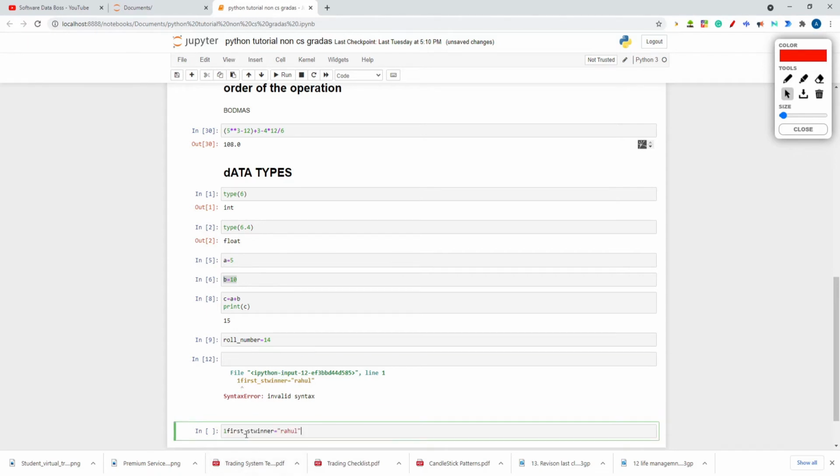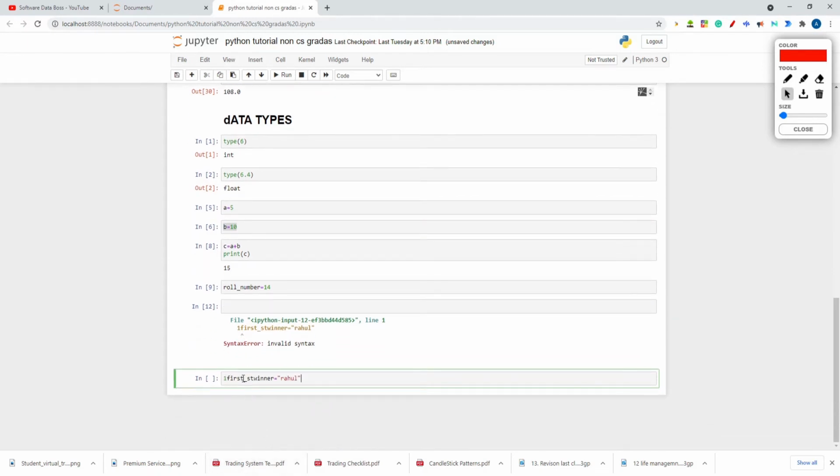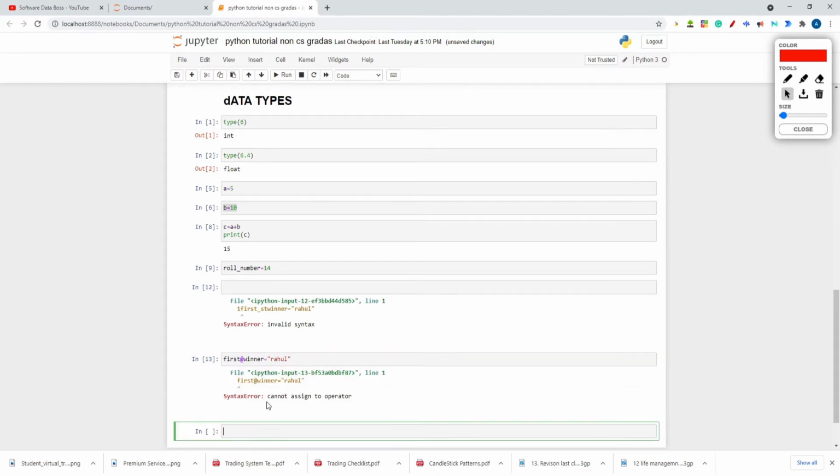Second thing, this I did purposely. Now suppose you cannot even do it like this. Let's take, I have first number. I want to give a special symbol over here. Let's take, I want to do @. First @ winner. Now I want to declare the variable. See, it's throwing an error. So you cannot use a number at the start.